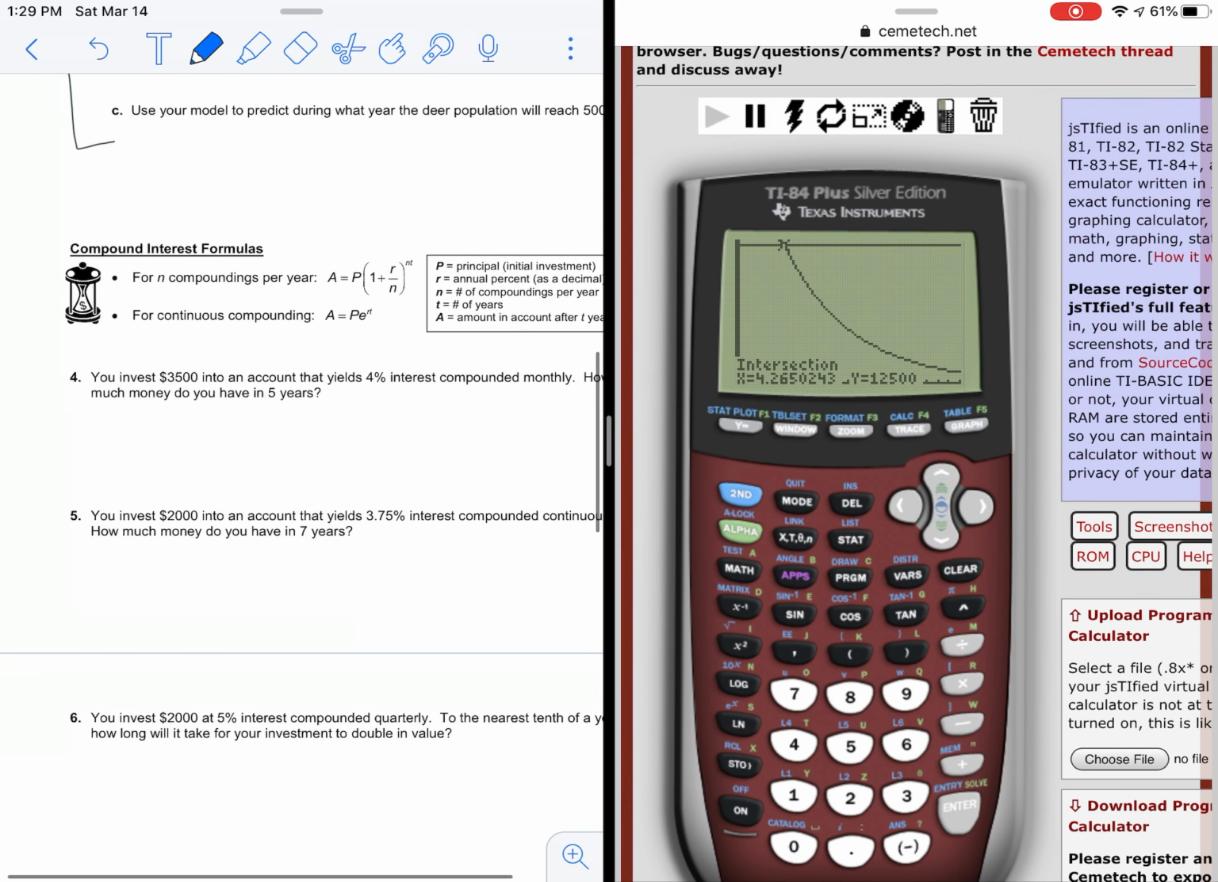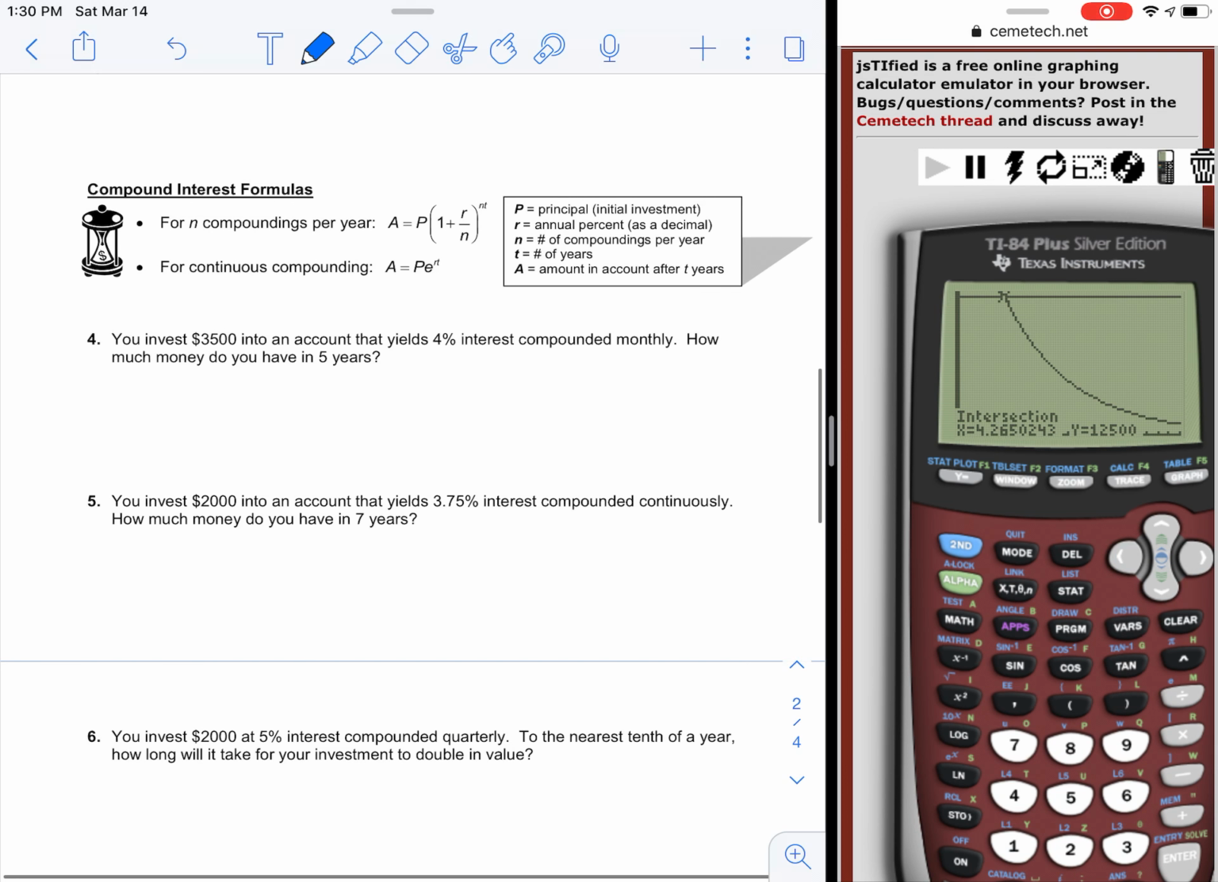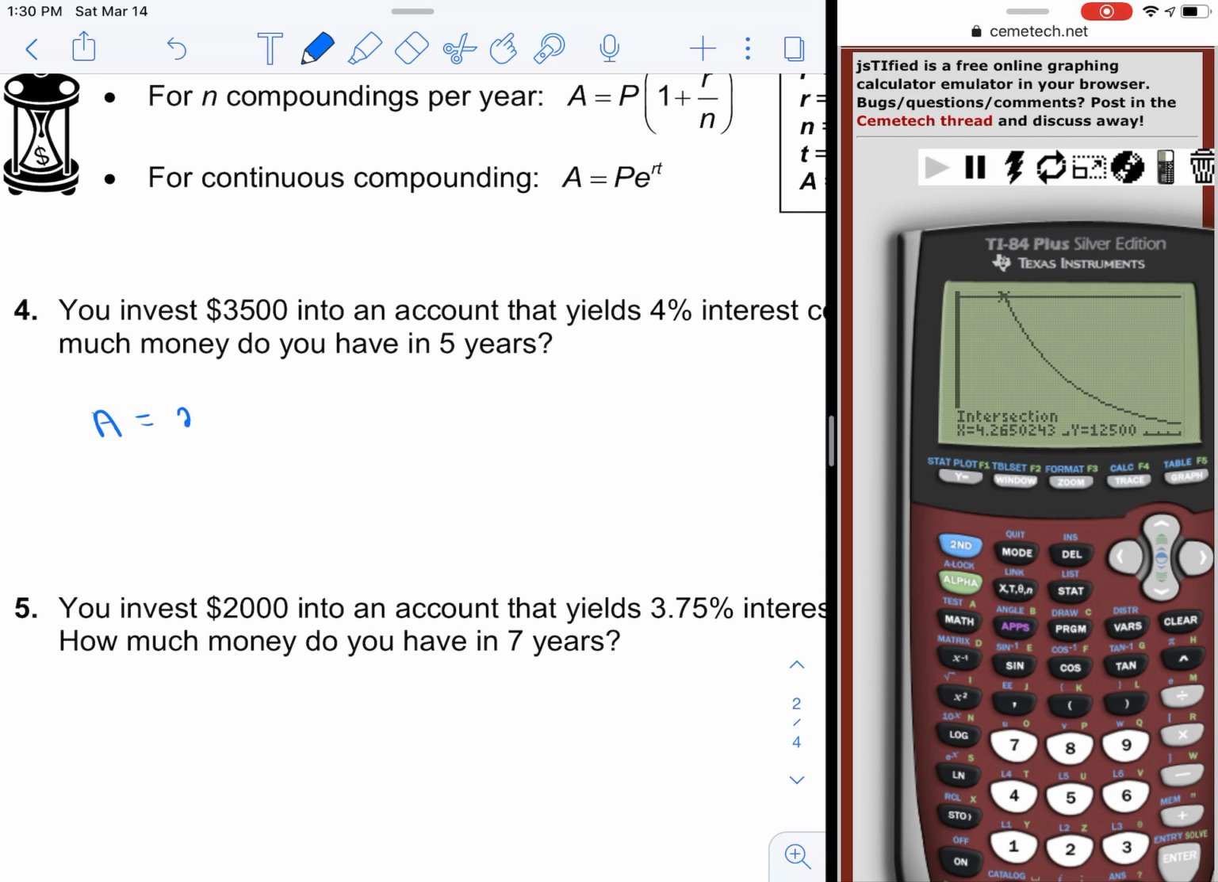The final thing I wanted to talk about was compound interest formulas. So we'll do 3 more problems together and then call it a day. For question number 4, you'll see that it talks about investing money into an account that earns 4% interest compounded monthly. And we want to find out how much money we have in 5 years. We're going to use the first formula for this, and we are going to say A equals. Now, technically, you could say N equals, doesn't matter. But just like before, we're going to sub in that 3,500, and then we're going to put the 1 plus,